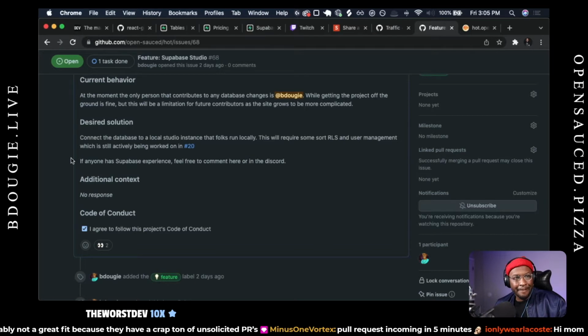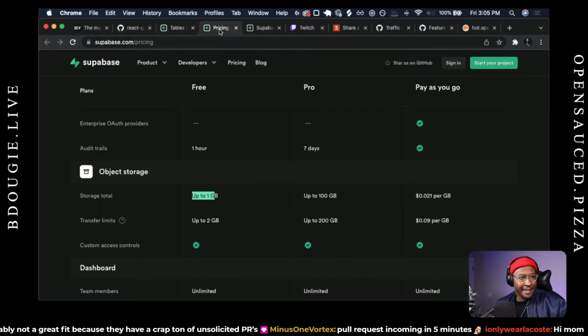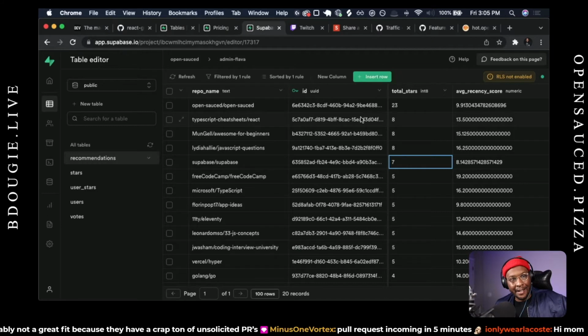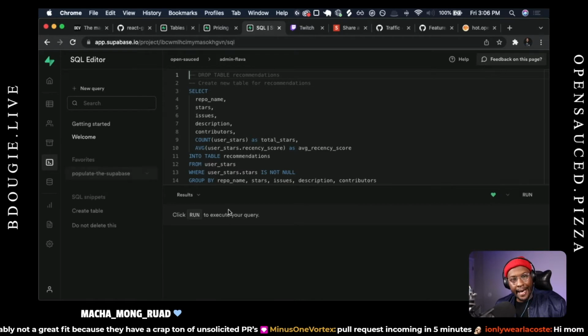Essentially, the database looks like this. So here you can see our data. This would actually be able to be run local on your machine. So instead of encouraging folks to pass around environment variables, we could actually host our own supabase.opensauce.pizza or something. I don't know what we'd call it, but essentially you'd be able to see all this stuff and run queries, introspect the database, and we could also do role level access control. So if you are not a maintainer or a contributor, you don't have write access to the database, then you'd only be able to do reads instead of writes.